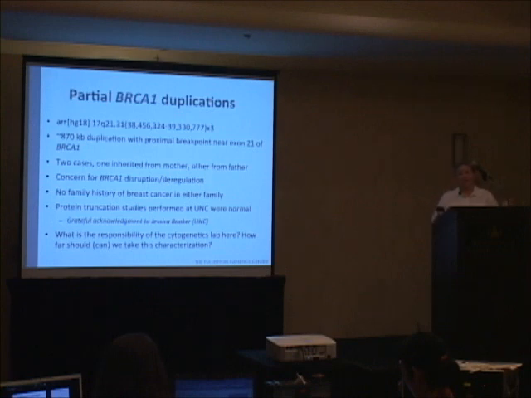And we did protein truncation studies, which was the best thing we could do to assess whether we had full-length protein. And we could look at the family history and say there was no family history of breast cancer, but I have to say it was a really unsatisfying follow-up. And I don't know that we did that family any service by saying you might have a BRCA1 mutation, but I don't know how I could not put that in the report.